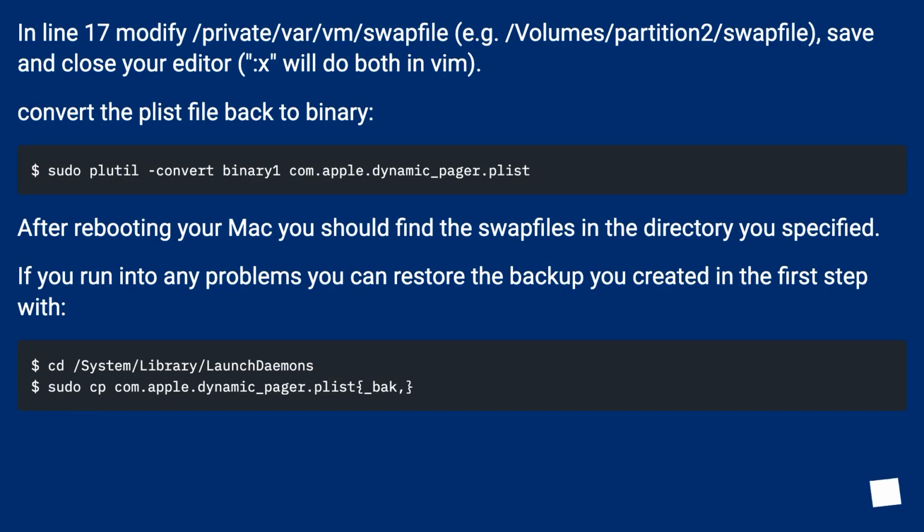In line 17 modify, for example, /volume/partition2/swapfile. Save and close your editor; :x will do both in Vim. Convert the plist file back to binary. After rebooting your Mac you should find the swap files in the directory you specified. If you run into any problems you can restore the backup you created in the first step with: